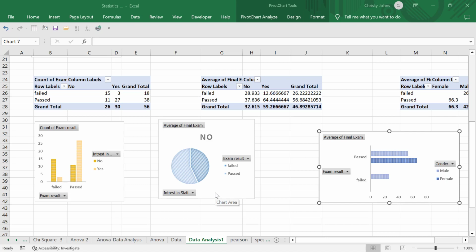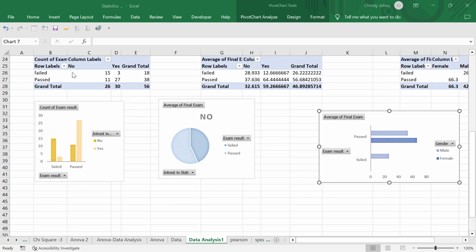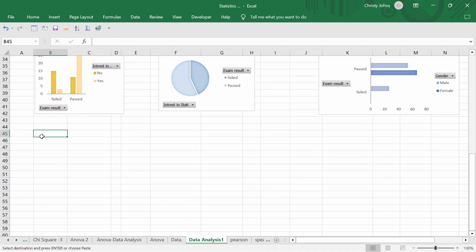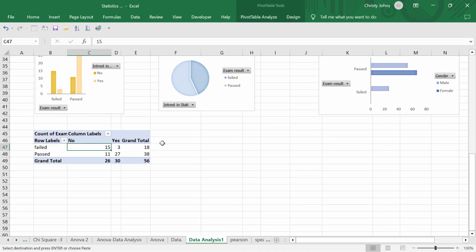So here we are going with a new set of charts, and these are different varieties of charts. Let's move and see how to create varieties of charts in Excel. So I'm going to copy paste this pivot table to the down, and I'm going to change the